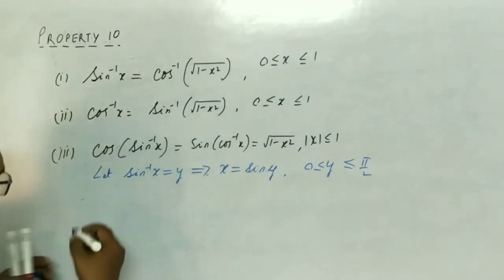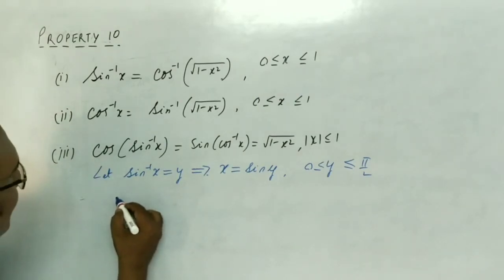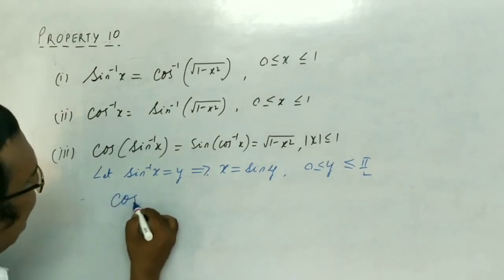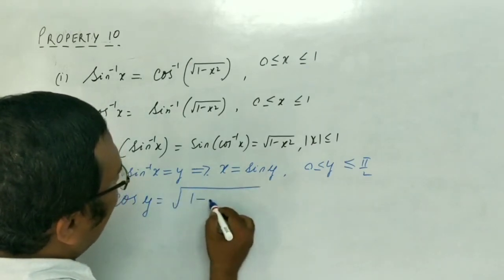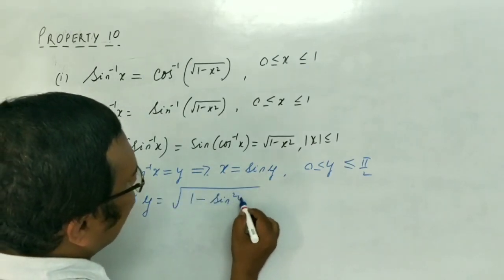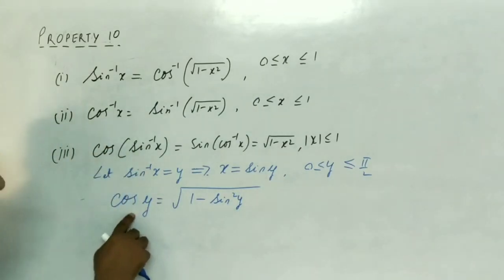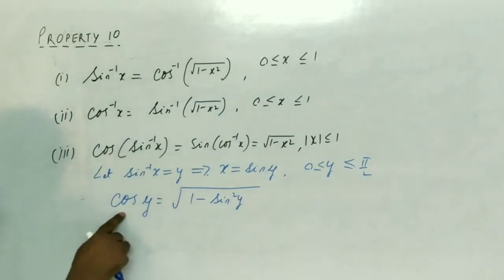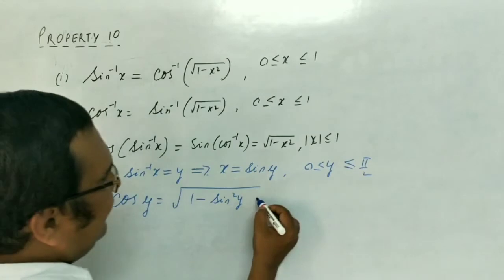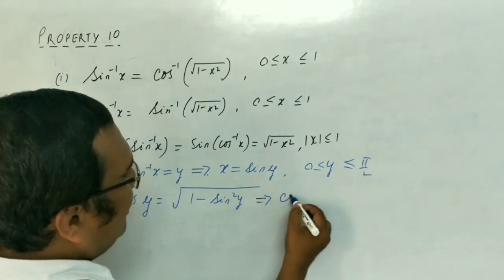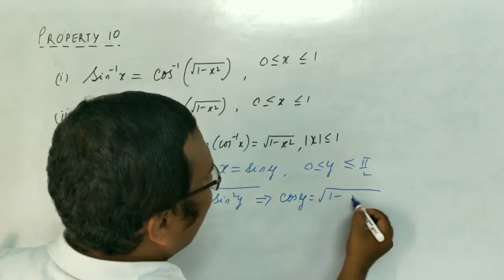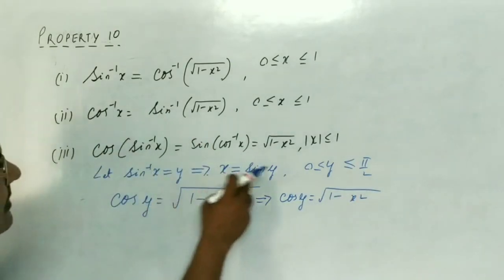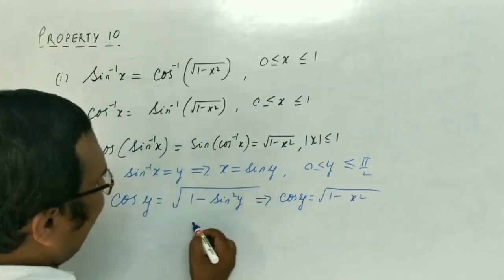Now from here, what is cos y? Can I write this as root of 1 minus sin square y, and this will be positive because in the first quadrant cos is also positive. This can be written as cos y is equal to root of 1 minus x square, sin y is x,